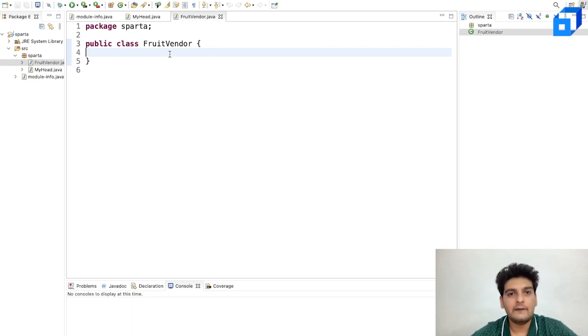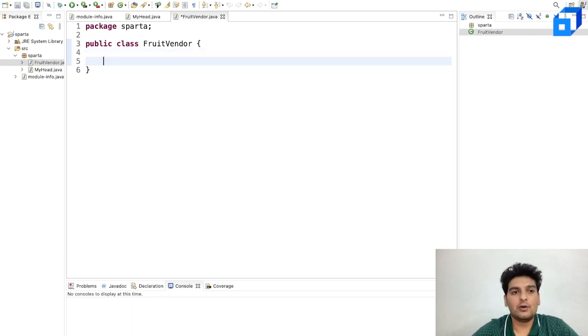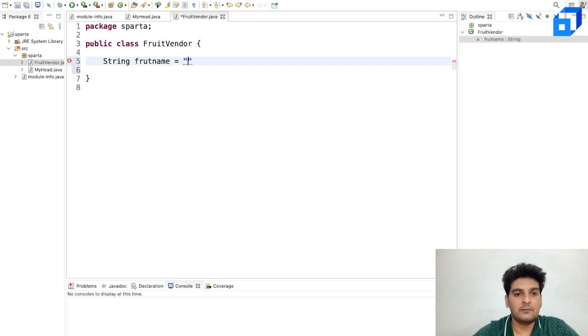So now that we know what exactly is there inside a class, let's go ahead and create those members. We have behavior and then we have attributes. So let's go ahead and create normal attributes. Since this is a fruit vendor, I'll create two variables over here. One variable would have the name of the fruit, another variable would have the cost of the fruit. So to have the name of the fruit, I'll have a String, and I'll call this fruitName. And I'll give this a name of, let's just call this apple over here.